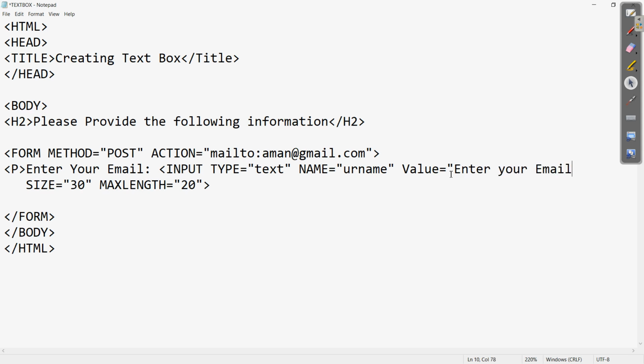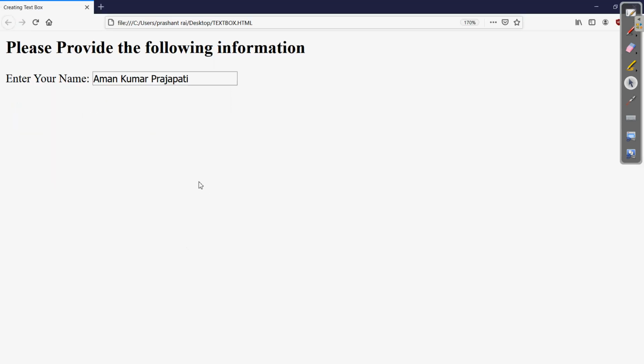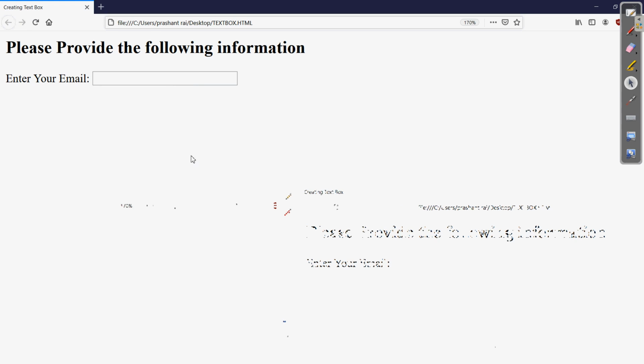Okay, this is the value you have mentioned, and then close this. Now save this and come to the web page where we are running the program. If I refresh this page, you can see it is appearing here, enter your email, and right now there was some default value.